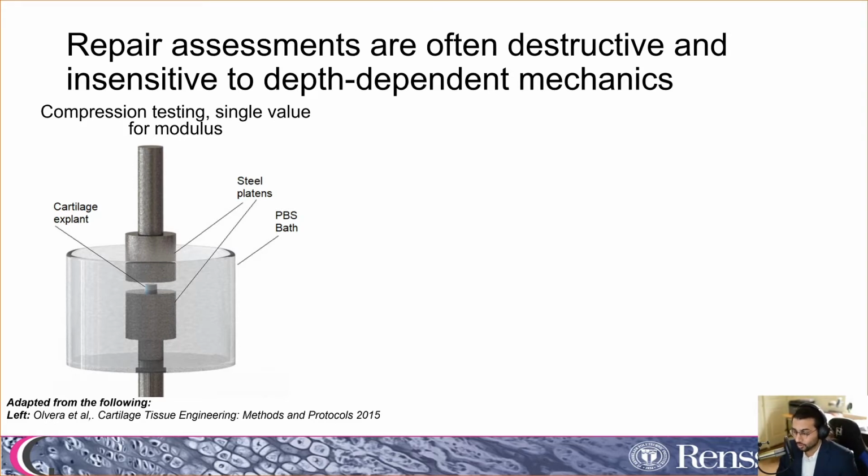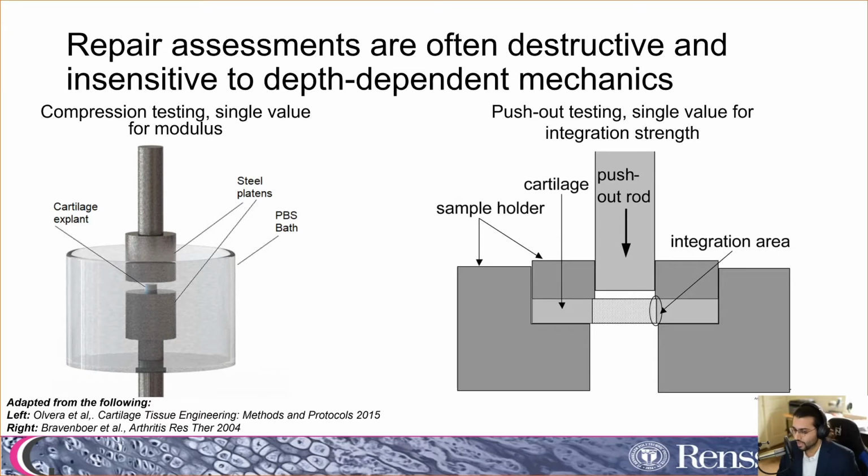But mechanical tests like these only examine bulk tissue properties, reducing information about that depth-dependent structure that we know has unique material properties to a single measurement for the entire tissue. And when measuring the repair interface, we actually see something similar. The repaired tissue here has some host cartilage with a repair material with some integration. A push-out, a rod, or some kind of indentation platform is used to push out the repair, and the amount of force taken to break that repair is measured. This is used to measure, the stronger the interface, the more load it'll take to actually tear it apart. But again, it reduces all that depth-dependent information, all that information about that interface, down to a single